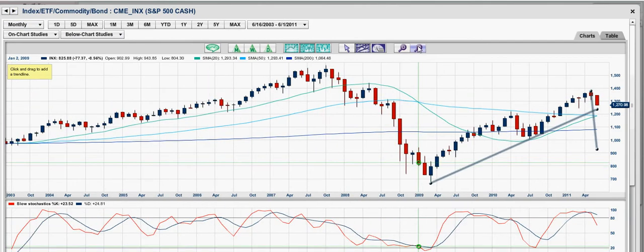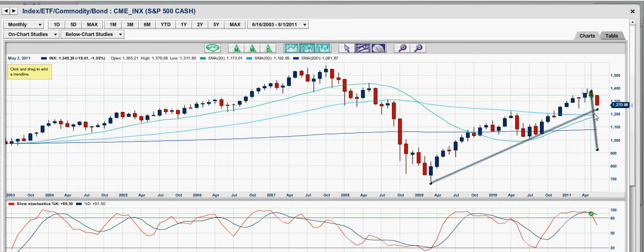If you guys want a longer-term macro viewpoint, this is basically it. This is really, really bad, and I just don't see markets finding too much traction until we reach this area of support. It could have a major bounce off of this area before it ends up heading lower. But if it doesn't head lower, that must mean that the economy has improved. If the economy doesn't improve and we continue to consolidate above this level, we will eventually break it and we